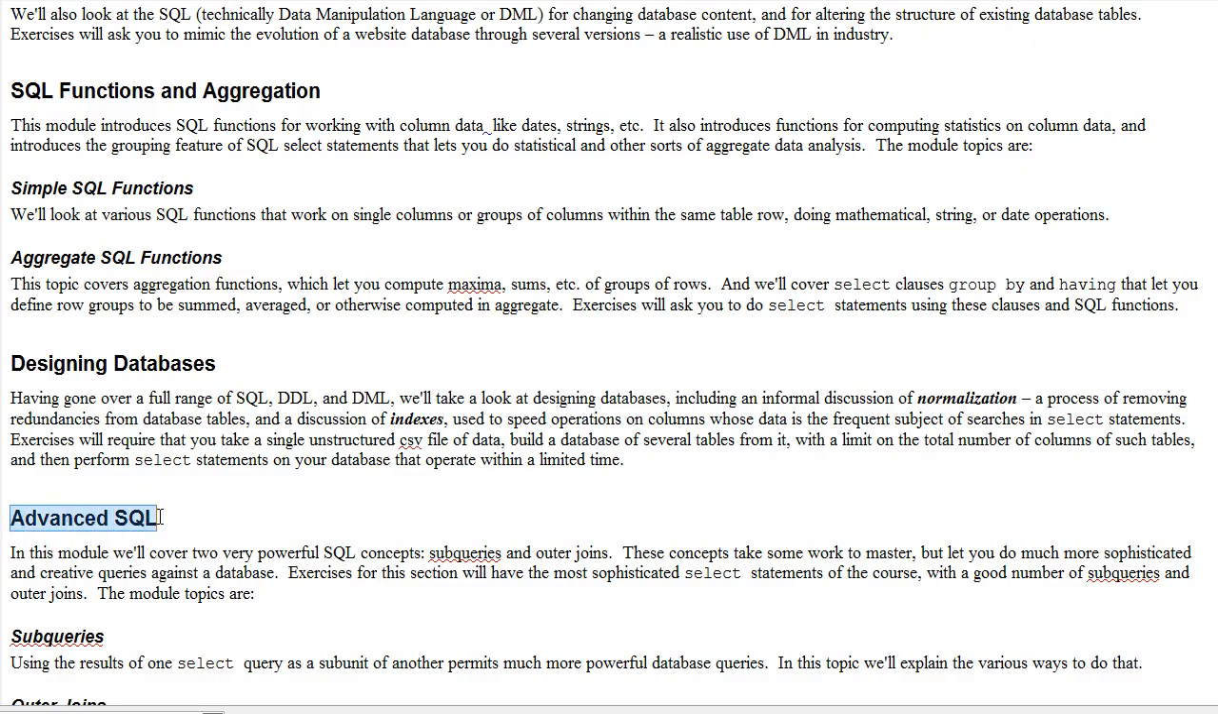The next module, Advanced SQL, will cover two very powerful SQL concepts, subqueries and outer joins. But they let you do much more sophisticated and creative queries against a database. Exercises for this section will have the most sophisticated select statements of the course, with a good number of subqueries